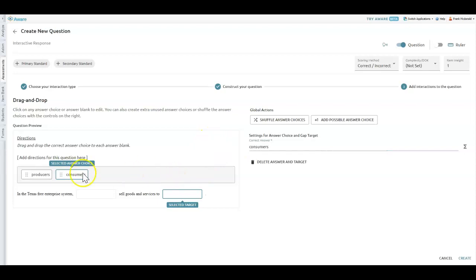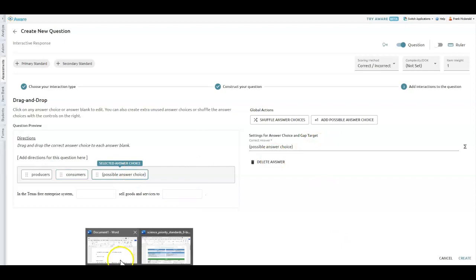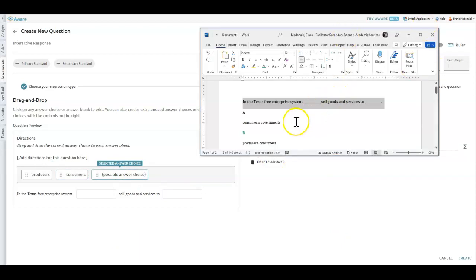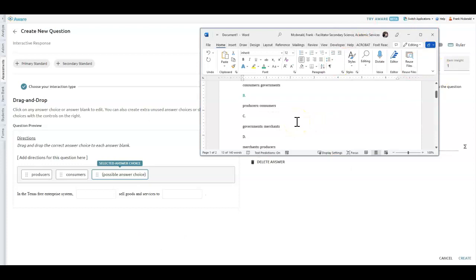At the most basic level, this is a question that we could use, but you probably want to add another couple answer choices. So I'm going to add another answer choice, and we can see that these have already been earmarked for the two answers. So these are not answers. These are incorrect answer choices. So I am going to go back to my Word document, and I'm going to say, what other words can I put in there? So maybe I'm going to put